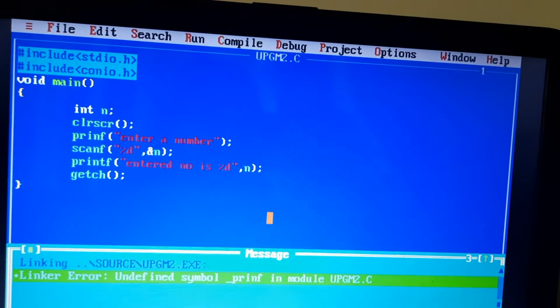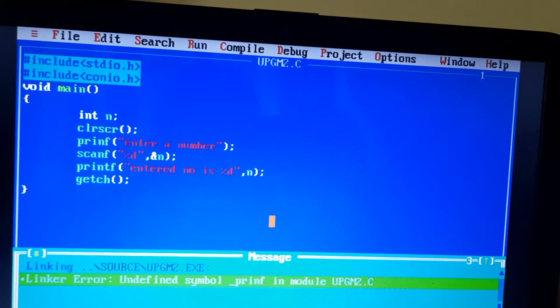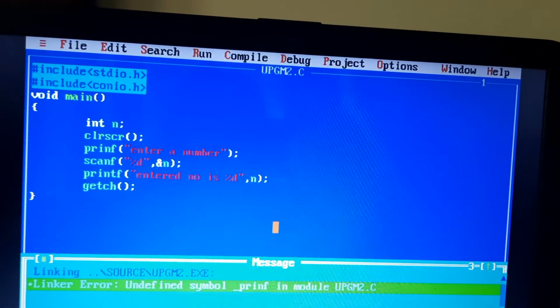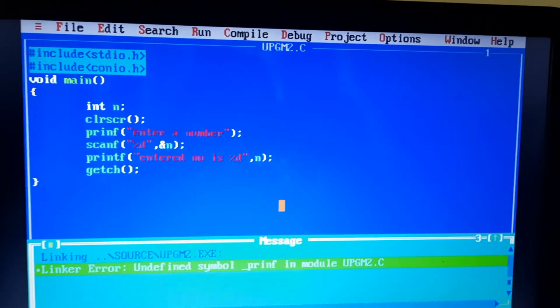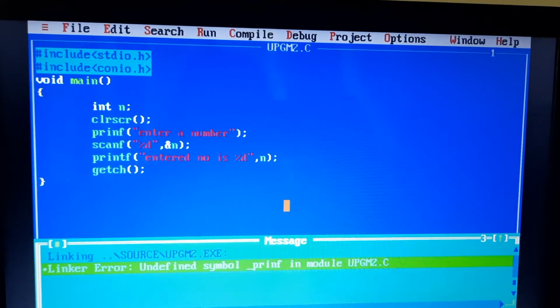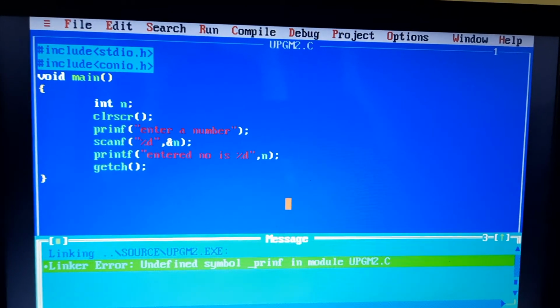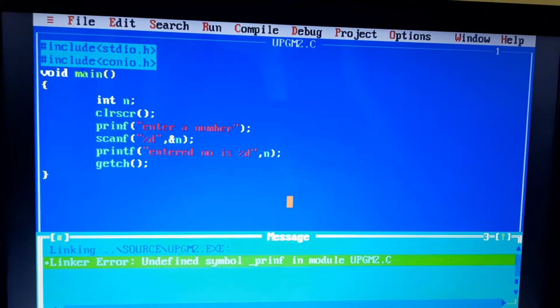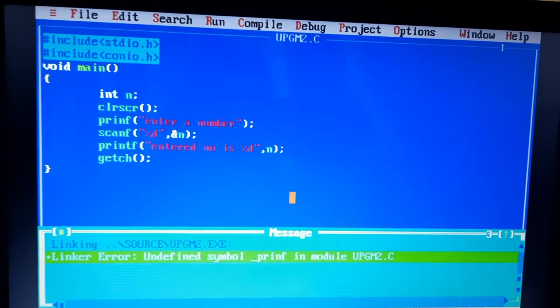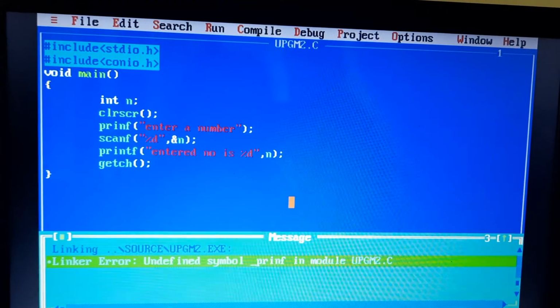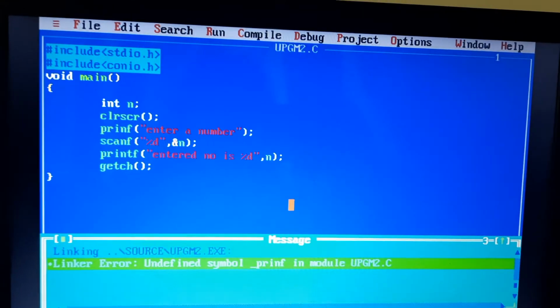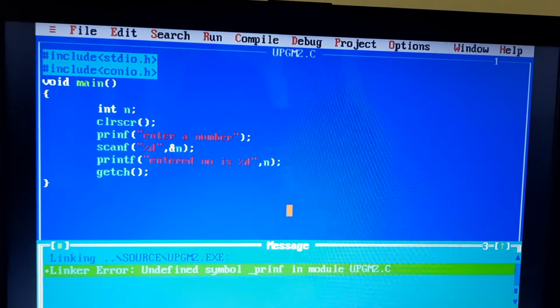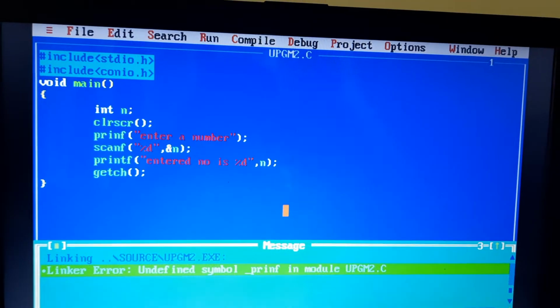So spelling and syntax are very important for translation. If we use printf, the compiler checks the definition of printf in the header file stdio and translates it to machine code. Here I used a wrong spelling, and the compiler couldn't identify it because that definition is not included in stdio or conio.